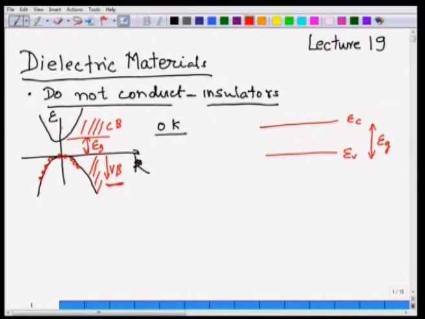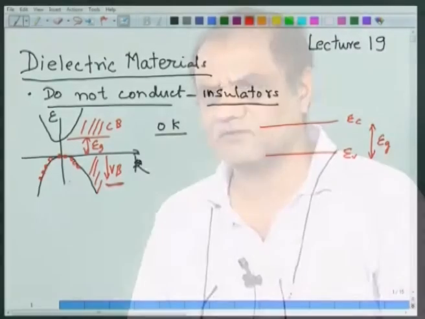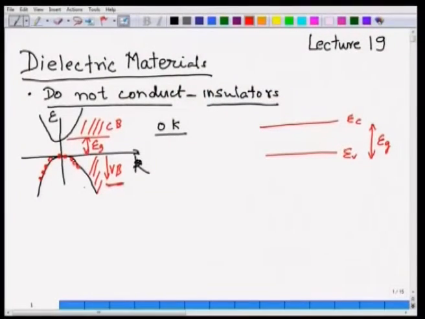Since there were no electrons, no carriers in the conduction band, there could not be any conduction due to the conduction band. Similarly, the valence band was completely full of electrons; though there were charges, there was no energy state for electrons to move around, and hence they could not conduct,